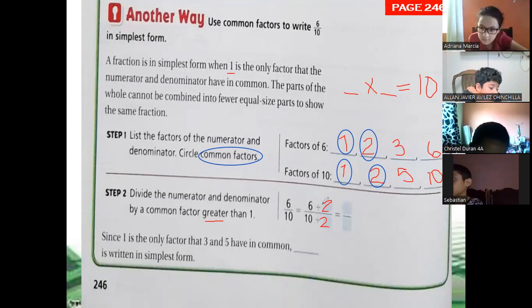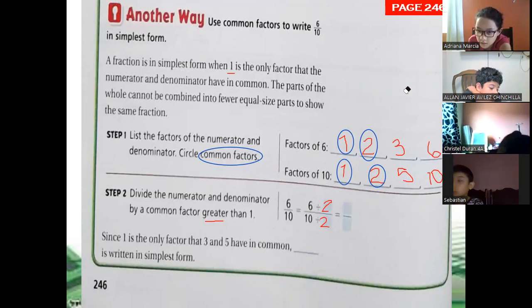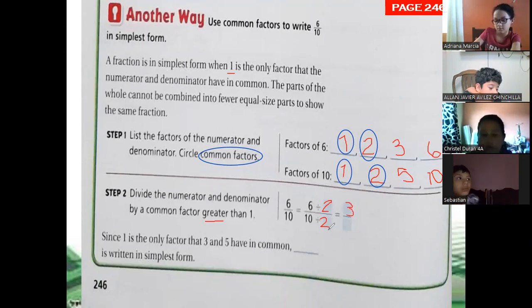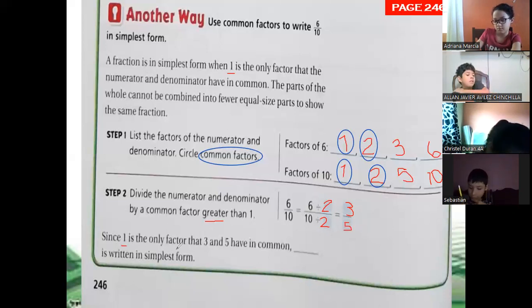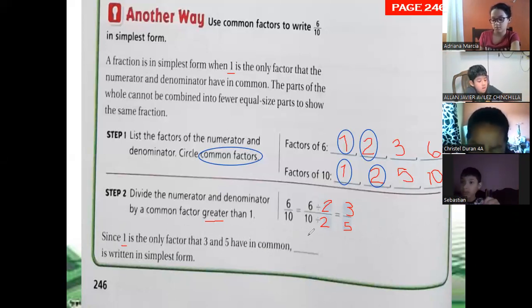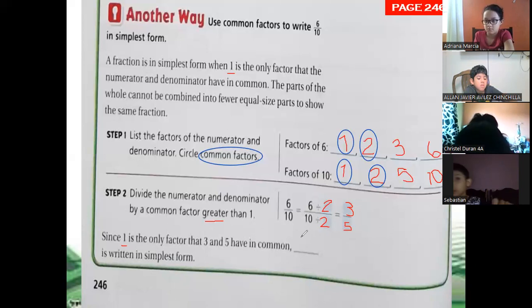Division, 6 divided by 2. 6 lempiras divided into 2 children. How many lempiras did each child receive? 3. And 10 lempiras divided into 2 children? 5. So the simplest form, since 1 is the only factor that 3 and 6 have in common,